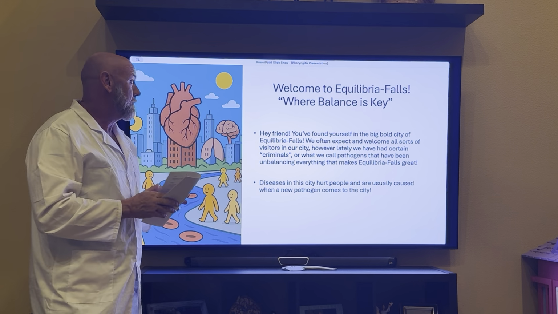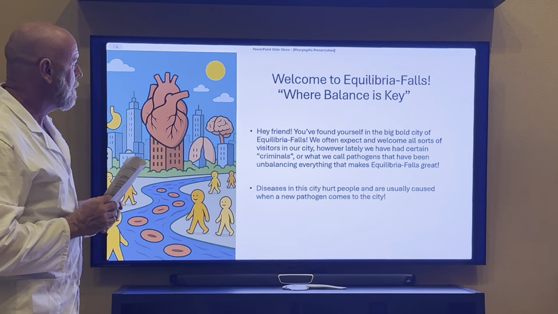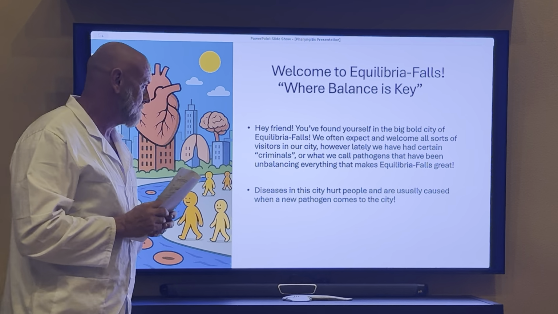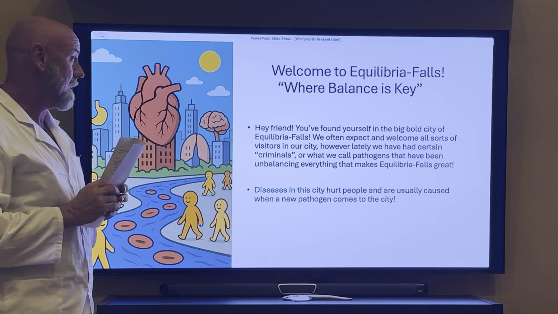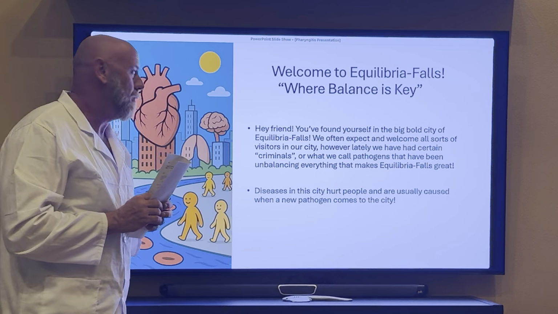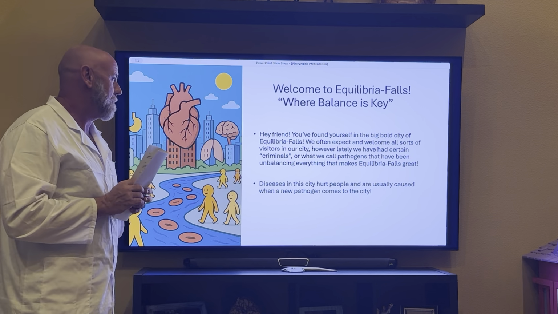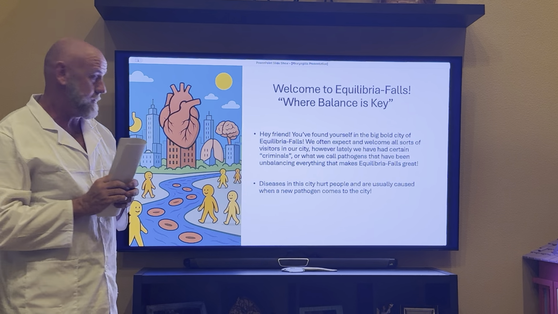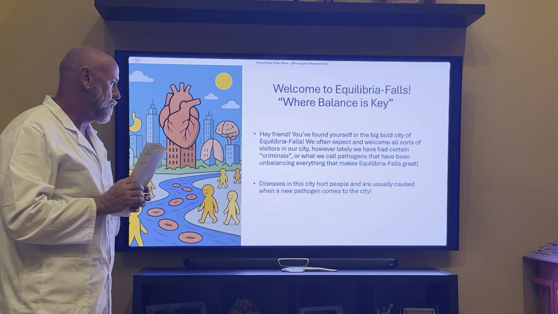Welcome to Equilibrium Falls, where balance is key. Hey friend, you found yourself in the big bold city of Equilibrium Falls. We often welcome all sorts of visitors to our city. However, lately we've had a certain number of criminals, or what we call pathogens, that have been unbalancing everything that makes Equilibrium Falls great. Diseases in the city hurt people and are usually caused when a new pathogen comes to